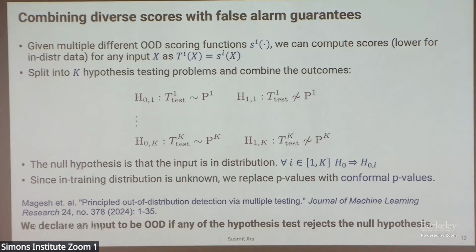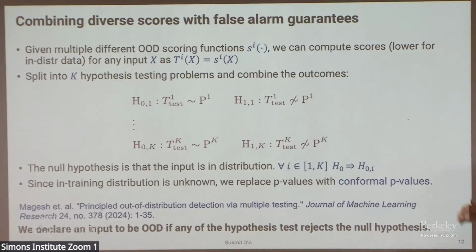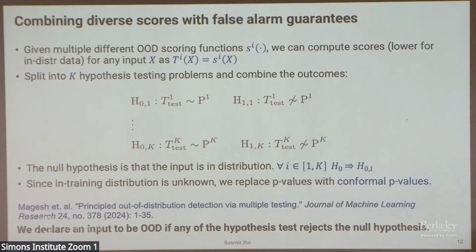This is where we looked at the literature on multiple hypothesis testing. We said, what if we treat each of these scores and the test corresponding to them as a separate hypothesis test, and then combine them all together. Coming from a formal background, we take a worst-case view here: if even one of these tests says this is out of distribution, that's what I will declare it to be. So all these hypothesis tests have to agree that it's in distribution for me to accept that this is data on which the model can actually make predictions correctly.